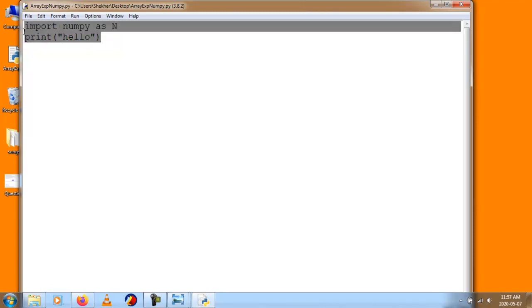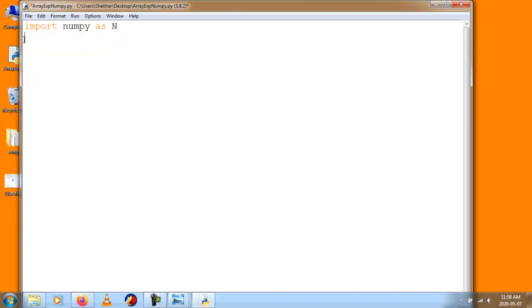For that we need to use a function called arange from the NumPy module. So I will say array is equal to n dot arange from where to where, 1 to 101. Last point is exclusive, so I will say 101. So it will take 1 to 100, and it will take one more parameter called data type, dtype. What type of data you require? You can give integer or float. I don't require float now, I require integer. Integer data type is taken by default, so I will remove this parameter.